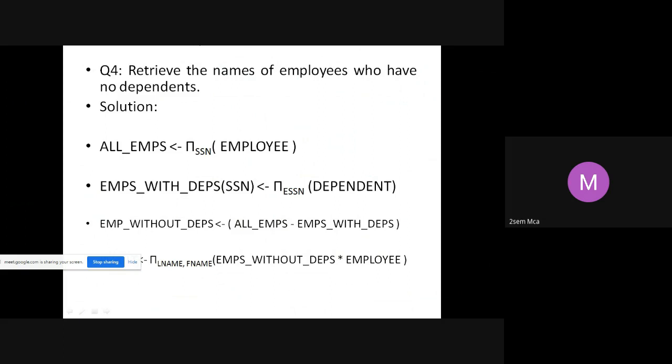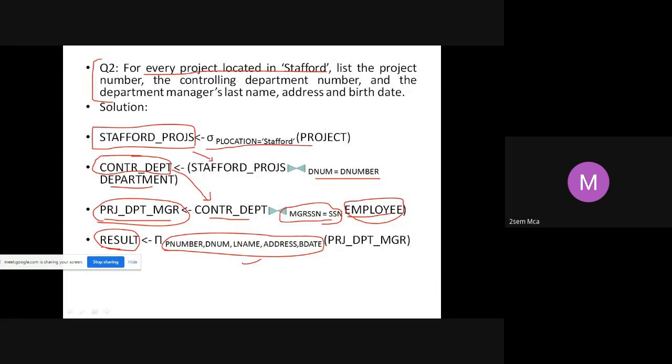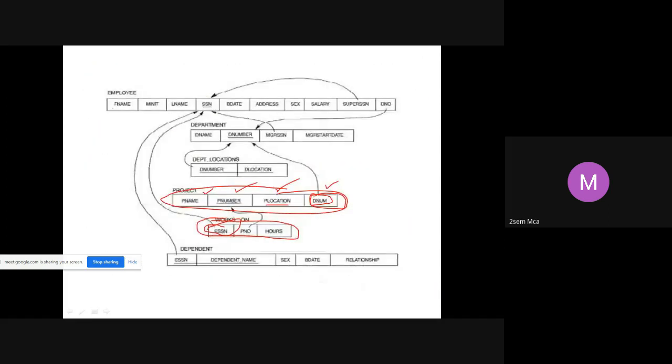See this. Retrieve the names of employees who have no dependents. All the employees need not have dependents. There can be some employees who do not have any dependents at all. How do you find out? Any answer?